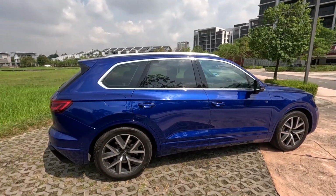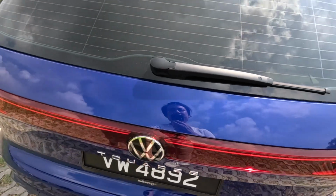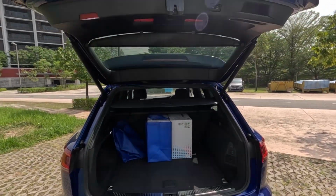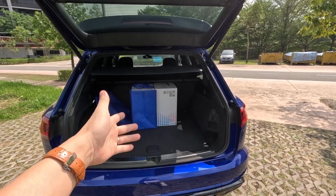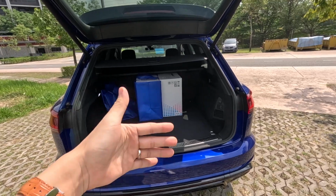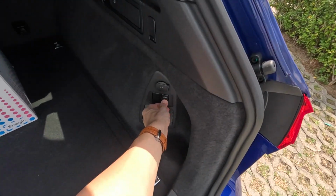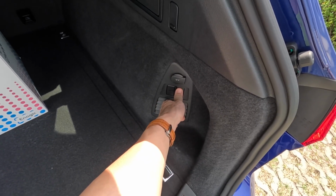Yep. So let's start off with the space. Boot space, massive. Okay, automated as it is a standard nowadays. And you can see even with 2 large boxes there, I could fit 8 and still have a little bit more space. Okay, it's massive. And in here you have your air suspension, so you can go up, put